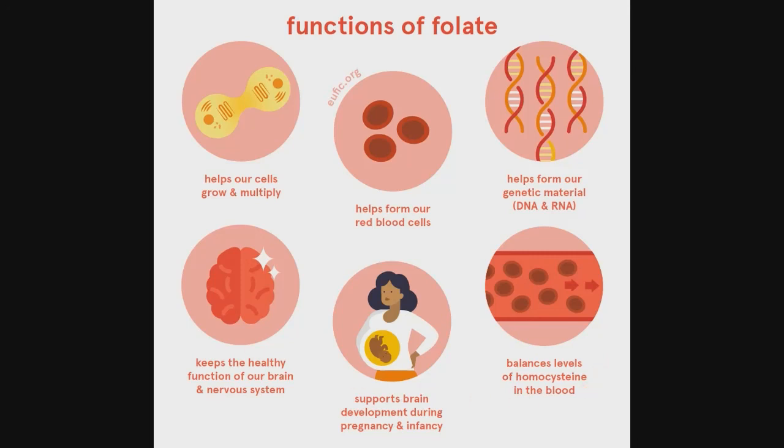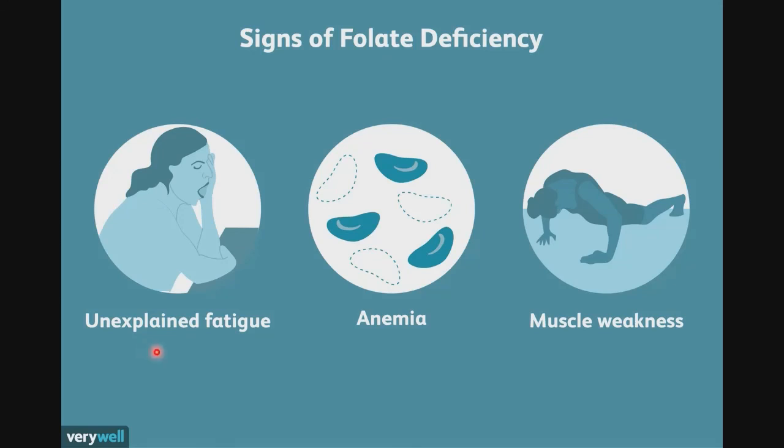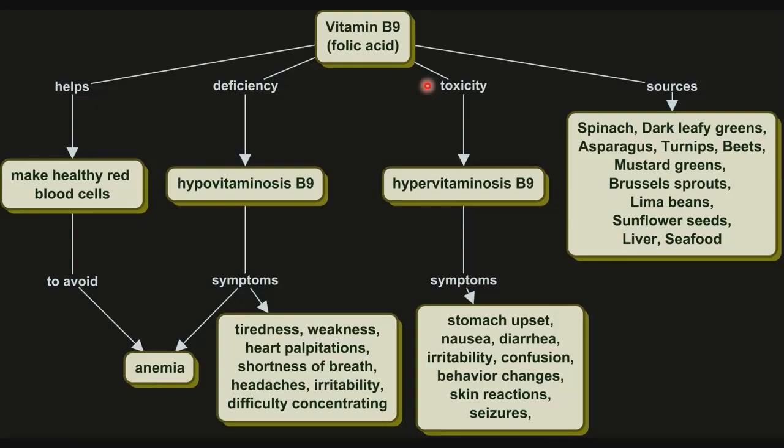Vitamin B9 deficiency, also known as hypovitaminosis B9, symptoms can include tiredness, weakness, heart palpitations, shortness of breath, headaches, irritability, and difficulty in concentration. That also includes the symptom of anemia. Again, that includes unexplained fatigue, muscle weakness, and anemia. Vitamin B9 toxicity, or hypervitaminosis B9, includes the symptoms of stomach upset, nausea, diarrhea, irritability, confusion, behavior changes, skin reactions,